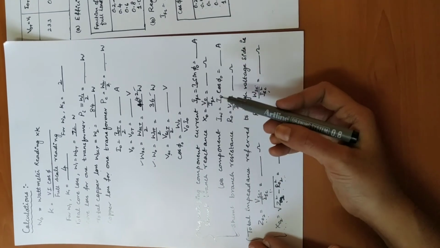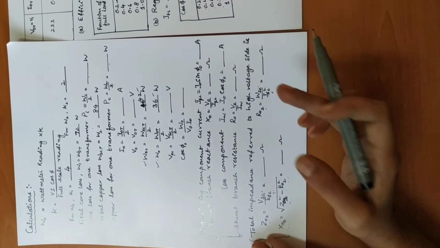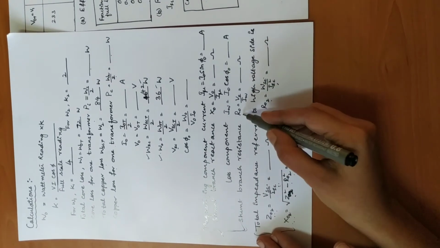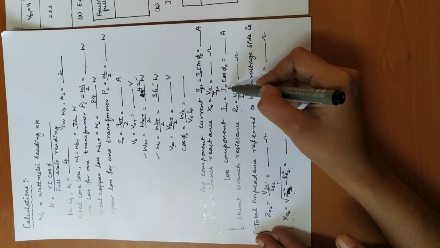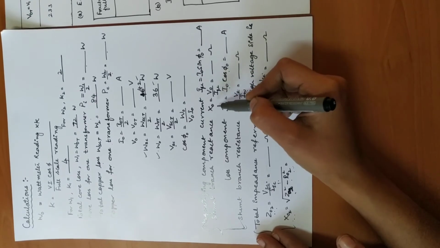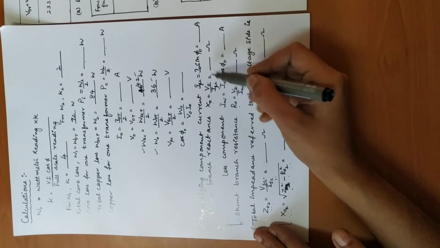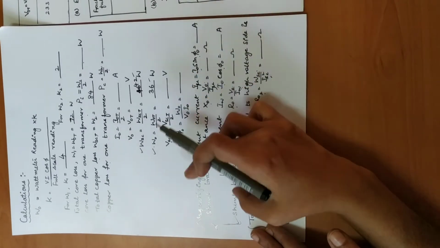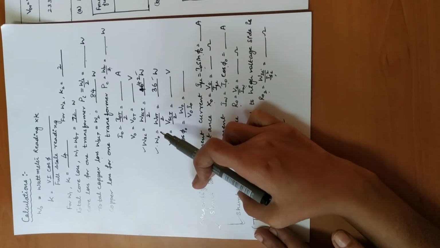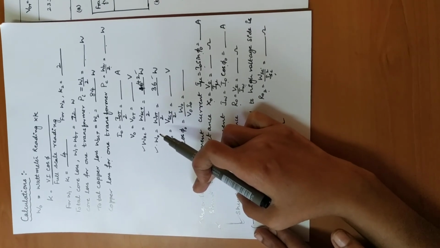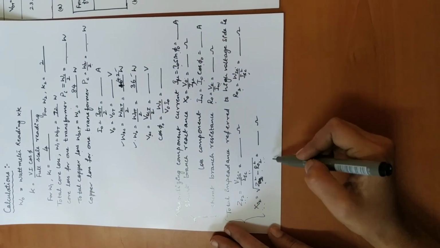For the no load circuit, you will also find in the equivalent circuit there is a shunt branch component. How to calculate the shunt branch component? R0 is V0 divided by IW. What is IW? IW is nothing but I0 into cos phi 0. And X0 can be obtained by V0 by I mu, that is the magnetizing component, which is given by I0 into sin phi 0. So this is the calculation required for your shunt branch resistance and reactance in the equivalent circuit. This is the value you are going to utilize for solving the regulation.